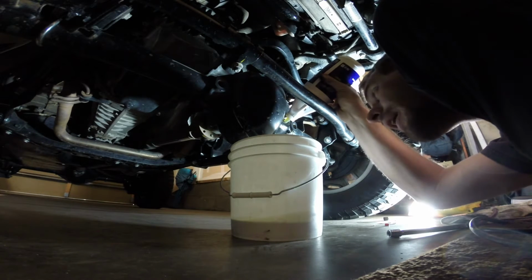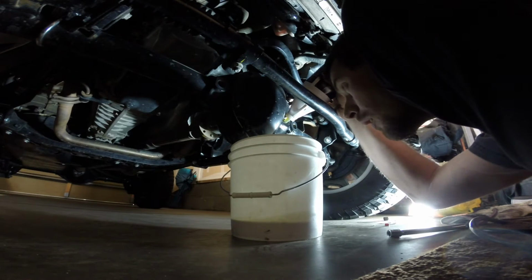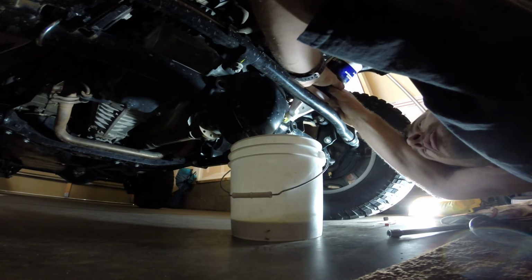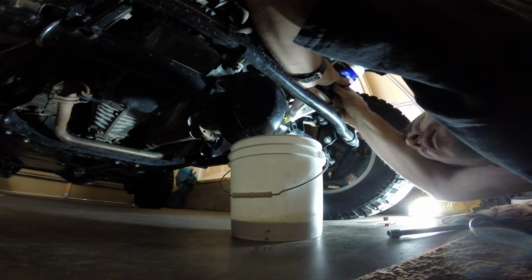Get her pumped in there. I don't remember exactly what the spec is on this, but until it comes out,